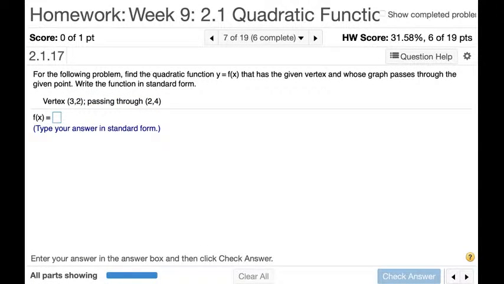Given vertex passing through that point. Okay, this is question number 7. So let's take some notes. This comes from section 2.1, number 17. The vertex is going to be 3, 2. Passing through